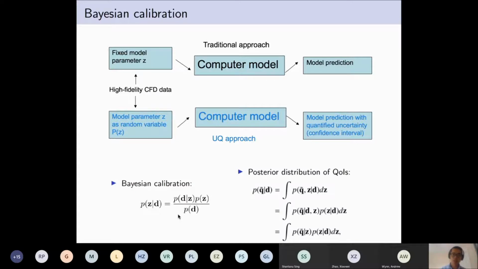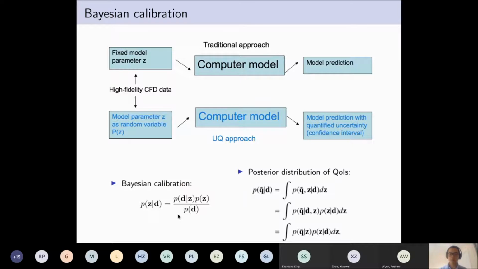Once the posterior distribution of the model parameters is obtained, we can move on to prediction. The prediction aims at obtaining the posterior distribution of the quantity of interest, the QOI, here denoted as Q tilde.